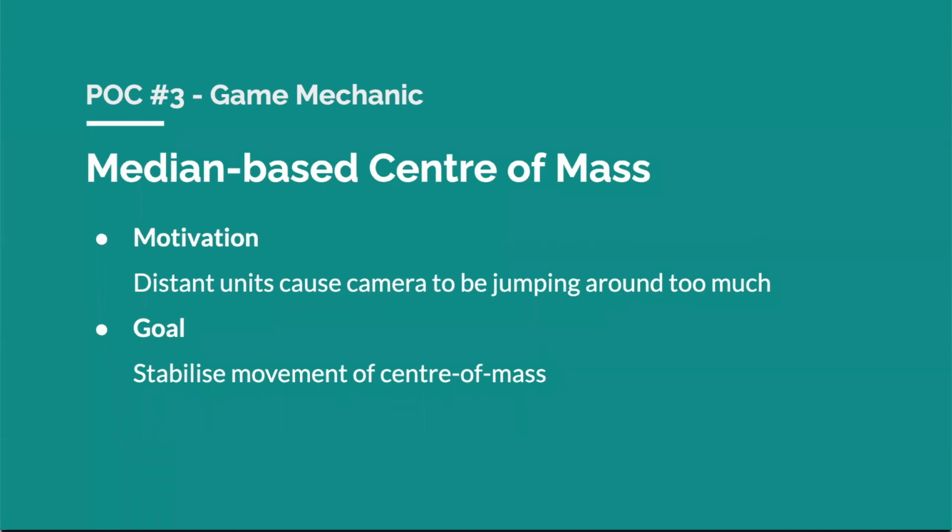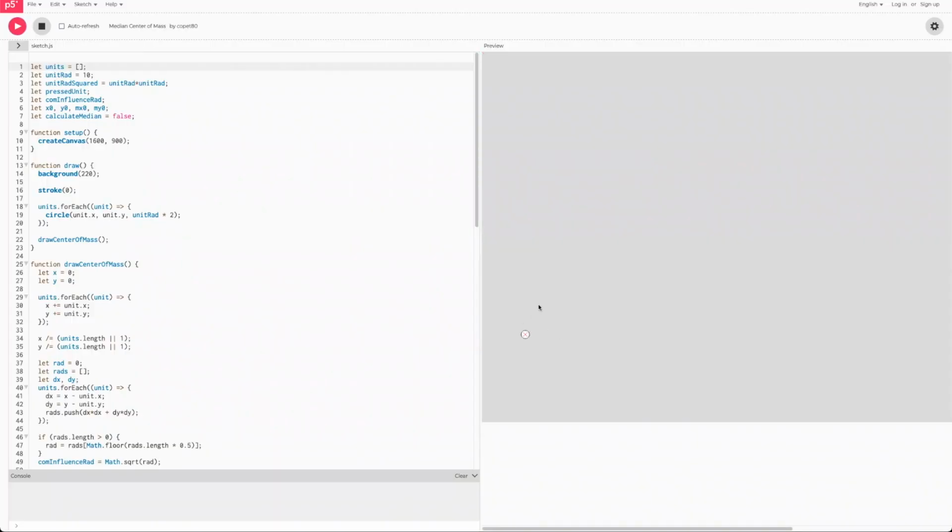So the goal for this proof of concept, therefore, was to improve the stability of the camera movement. The camera is essentially looking at the center of mass. It was really about stabilizing the calculation of the center of mass. I'll also explain what the concept of center of mass is. So if I have a lot of units here, for example, I have 2, 3, 4, 5, 6, 7, 8. Let's say those are your army units. And that red cross there is the center of mass. The center of mass is defined as a point representing the mean position of the matter in a body or system. What that means is that if there are several points, the red cross represents the average position of all those unit positions combined.